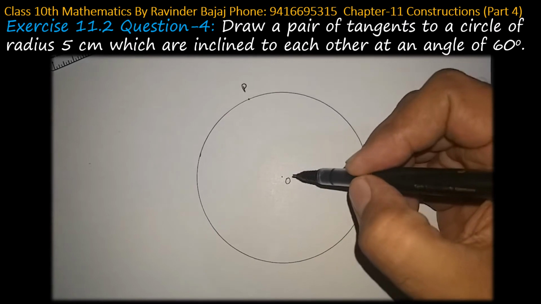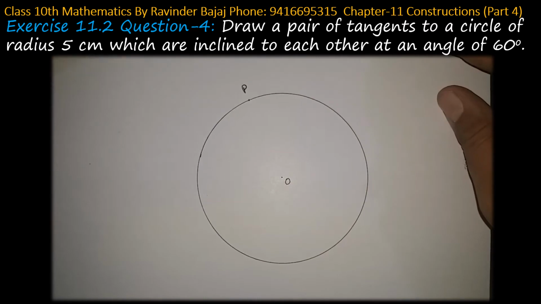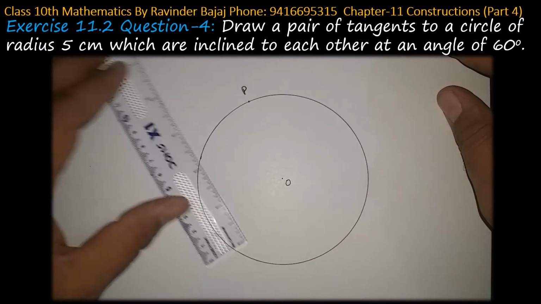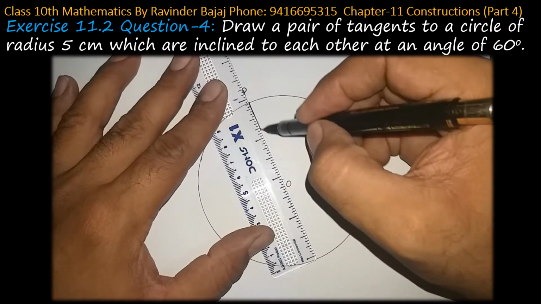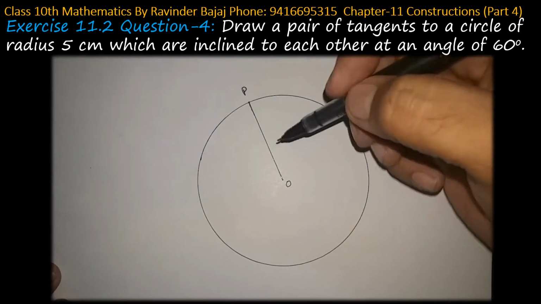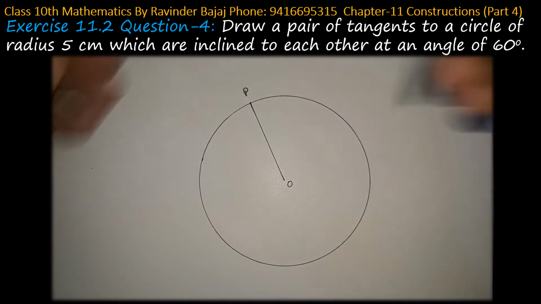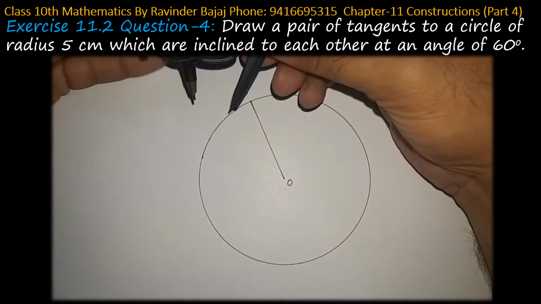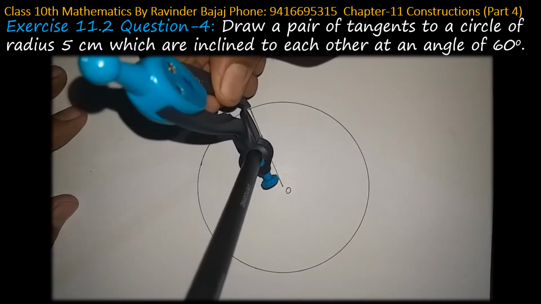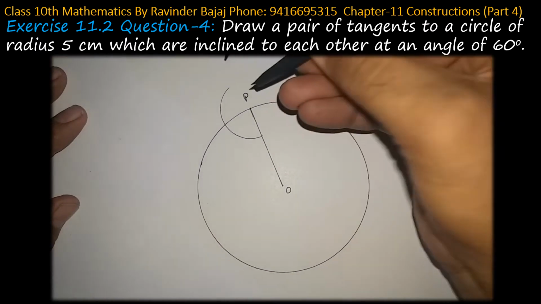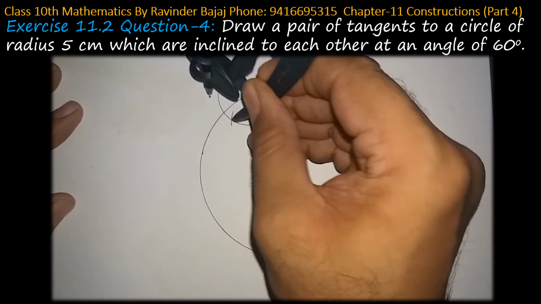Now we can draw a 90 degree angle at point P on the line OP. So join the radius, join the center and the point of contact. You will get a radius of 5 centimeter. And we need to draw a 90 degree angle at point P, which will make a tangent to the circle. So to draw a 90 degree angle, you open your compass according to your choice and then draw a semicircle. Without changing your compass, do 2 marks. This is 60 and this is 120.